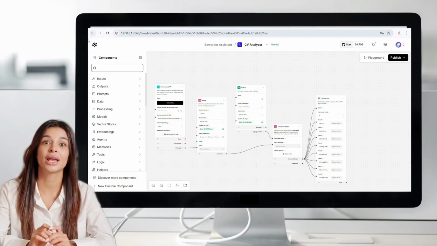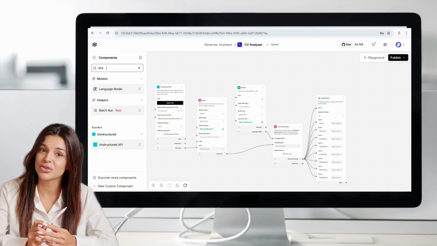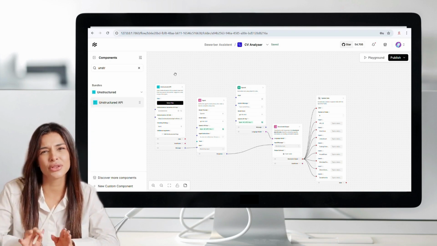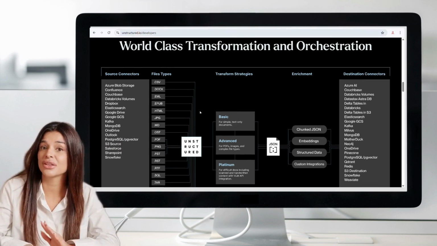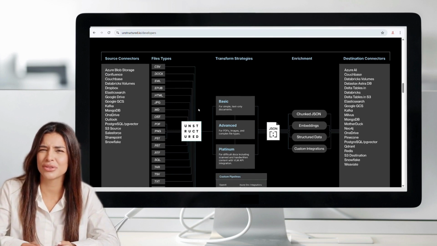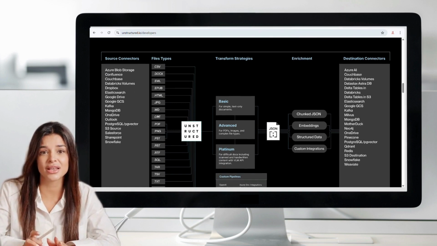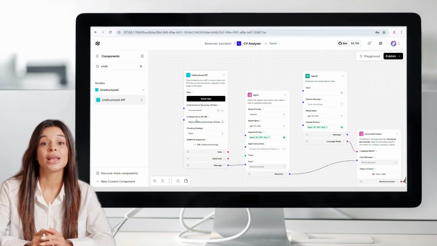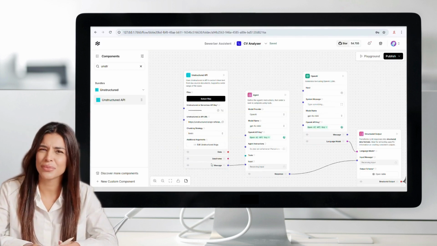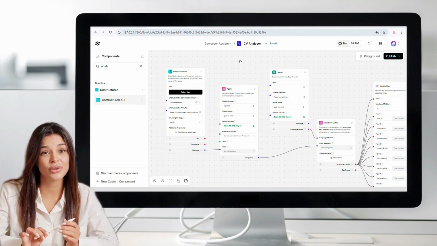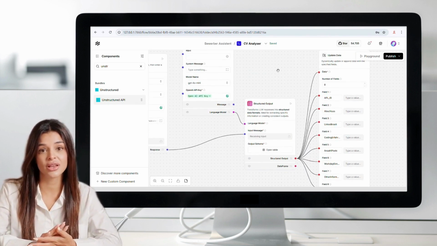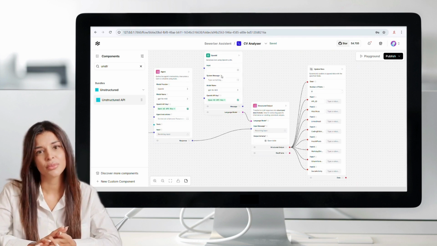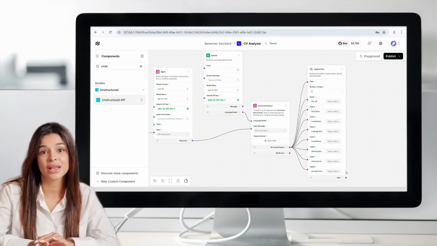The unstructured API component is used for analyzing the CV document. Unstructured I/O is a software that creates structured data from unstructured documents and outputs it in the desired format. You can test the software for free and create an API key, which you enter into the Langflow component. The agent uses this together with the unstructured output component to output relevant information from the resume in a structured